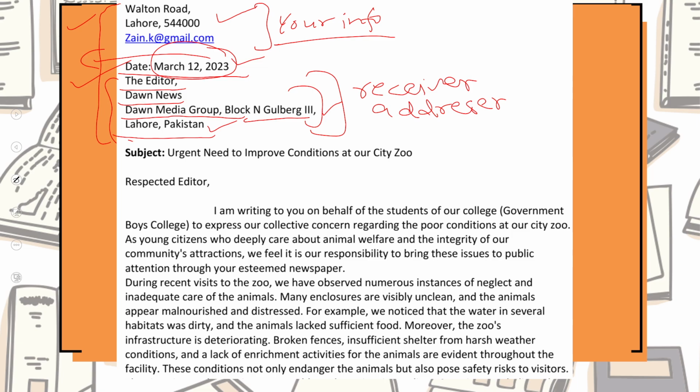You will give a space over here and then mention your subject. What is the subject? The subject includes the whole crux. In very few words, in a very short line, you can write your subject. So this is: urgent need to improve conditions at our city zoo. Now, by reading the subject, you are very much clear about the purpose of the writer. The purpose is to alert the authorities and to give very good information, highlighting an alarming situation